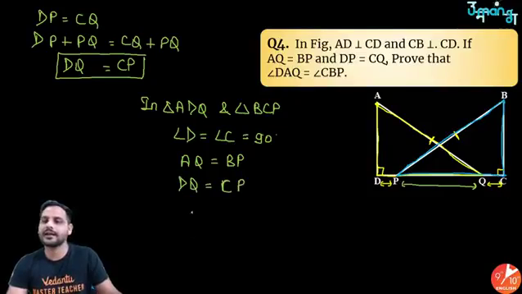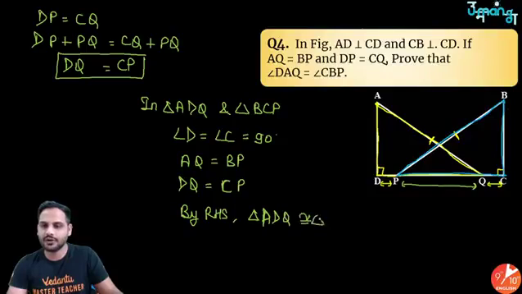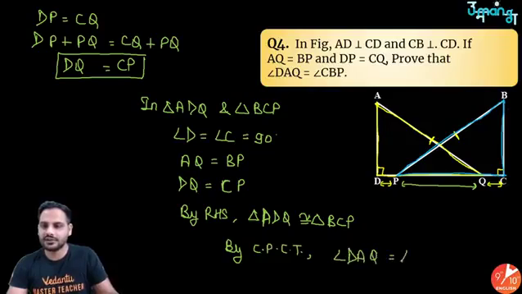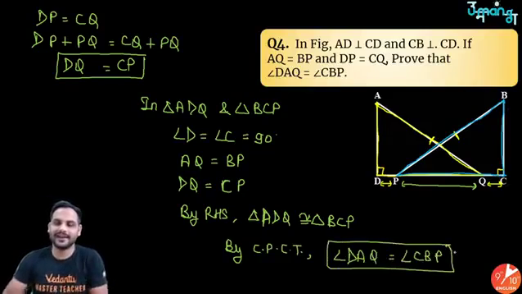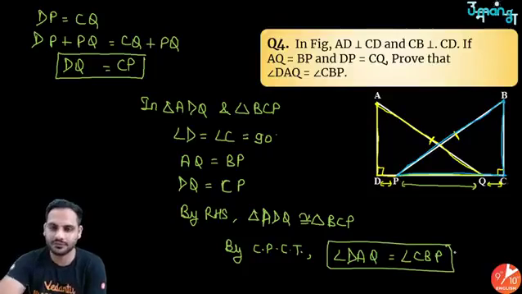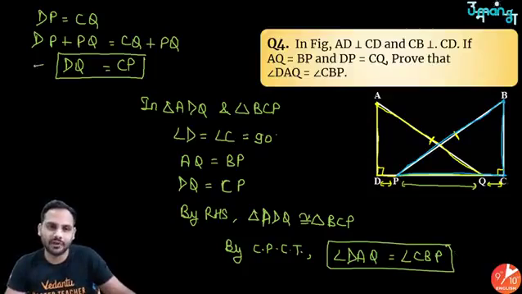So by RHS rule, I can say, triangle ADQ is congruent to triangle BCP, and if these two triangles are congruent, by CPCT, I can say angle DAQ is equal to angle CBP, right? And I can say hence proved. Got it? So this is how we have got the answer for this question. So this was an important step